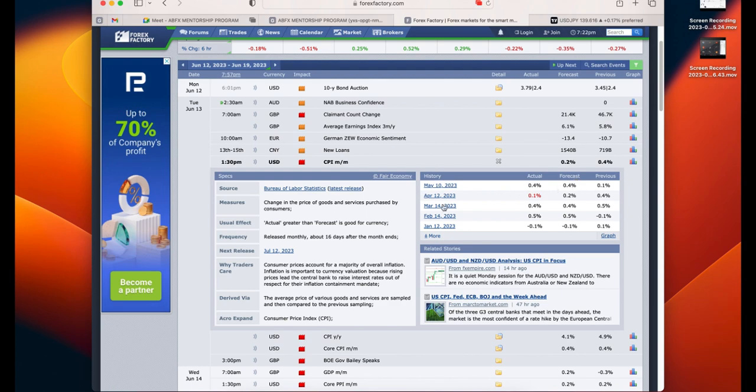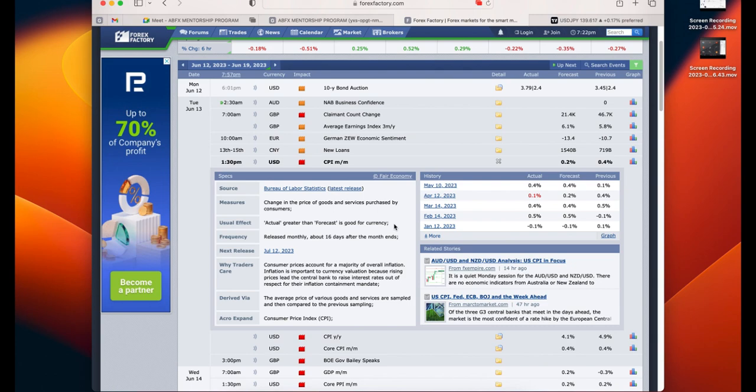Forecast, you see that changes in the price of goods and services purchased by consumers, actual greater than forecast, is good for currency, right? Now you'll be seeing that this is CPI data, this is inflation data. Why would it be doing that, actual greater than forecast? It means that people also want inflation, they also want the inflation to be high. What does it mean? It means that if inflation is high in the United States,